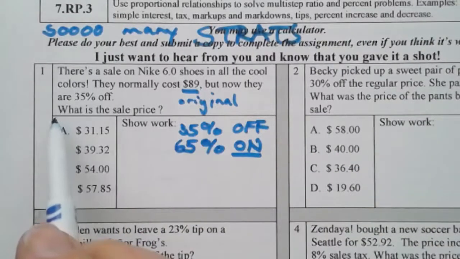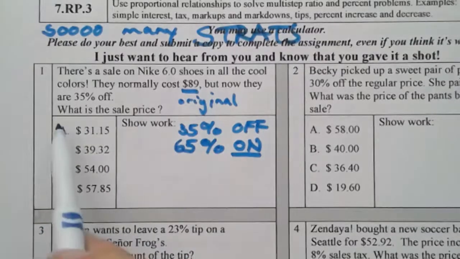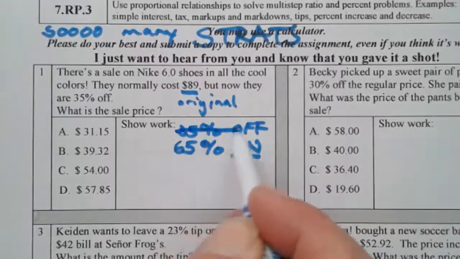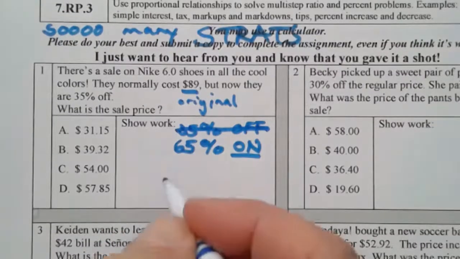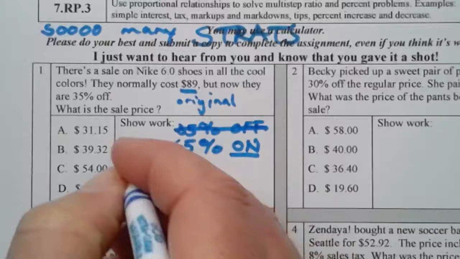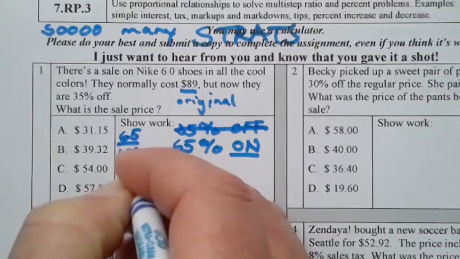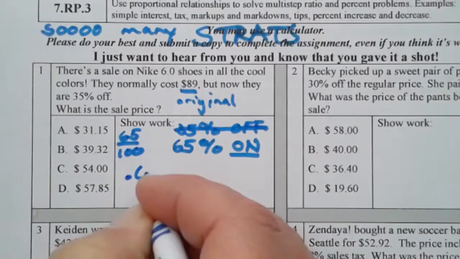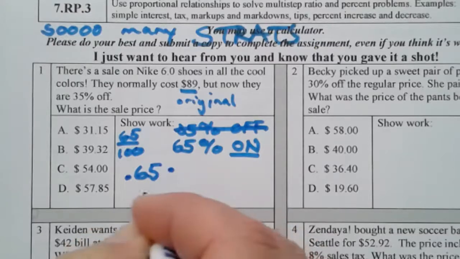Because the question is, what is the sale price? If the question was, how much are you saving? Then we would look at the percent off. But since it's asking how much we're still paying, very nice. So 65%, or 65 hundredths, of